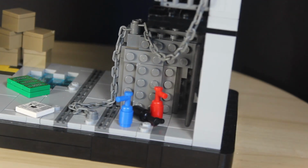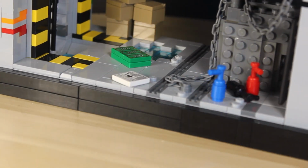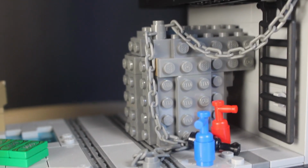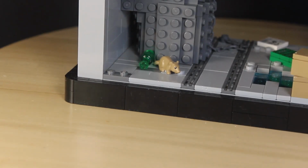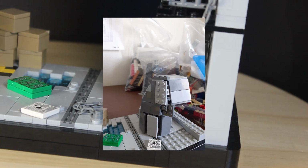So shifting to the other side of the MOC, there's this large pipe that Spider-Man actually breaks open to kill Sandman, and surprisingly this pipe was one of the hardest parts of the build, because I wanted to make it curve into the wall, and the transition was actually the hardest part. So I actually ended up having like 5 to 6 prototypes for this. There's a picture on the screen of one of the previous ones,